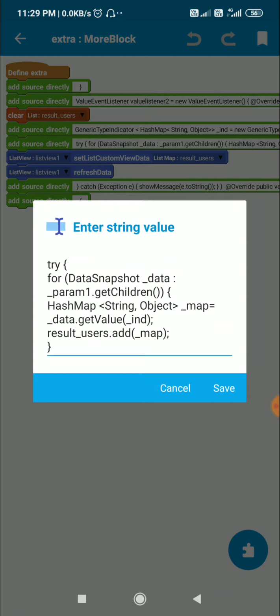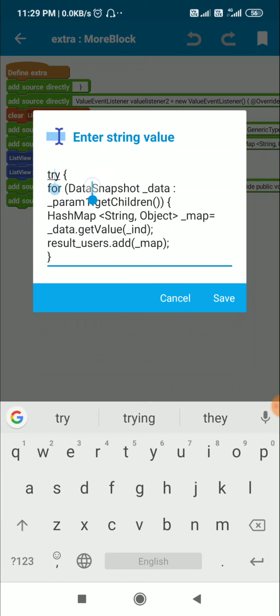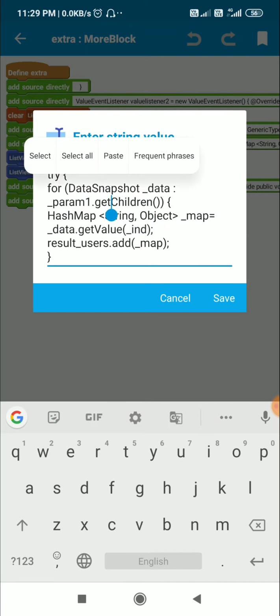Then there is this try catch exception code. In try I have a loop for data snapshot underscore data colon underscore param1 dot get children. So this means for every child, underscore param1 dot get children. So the underscore param1 is the snapshot of the complete result.